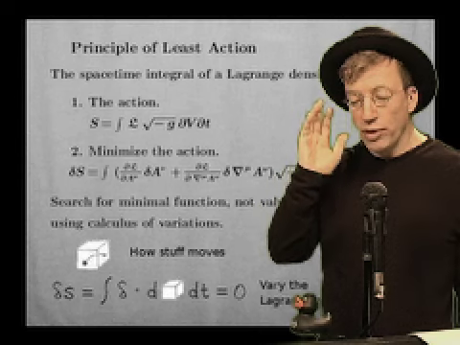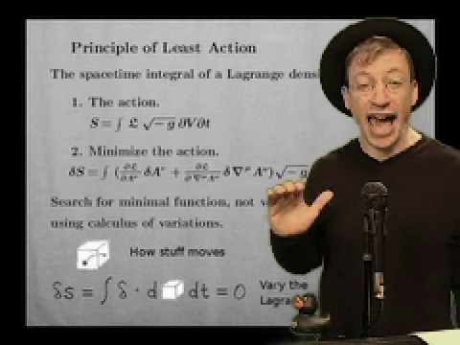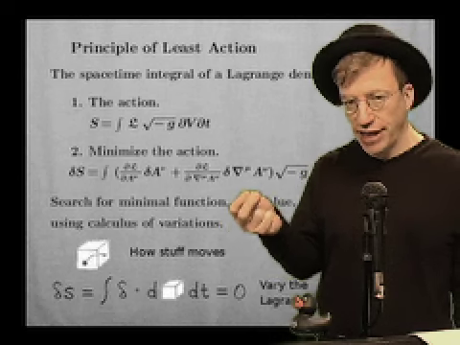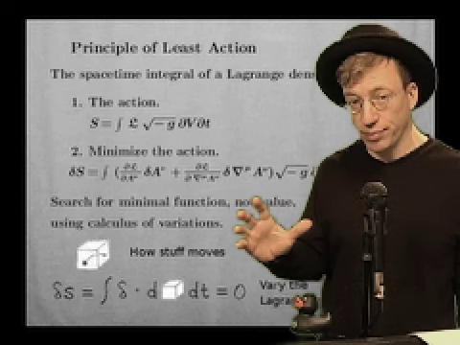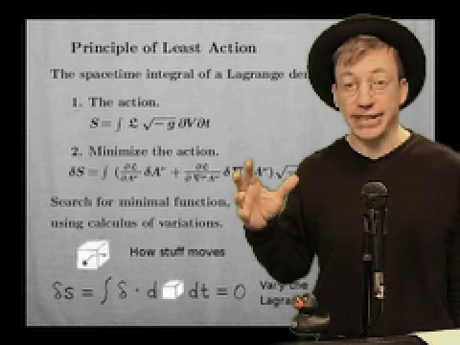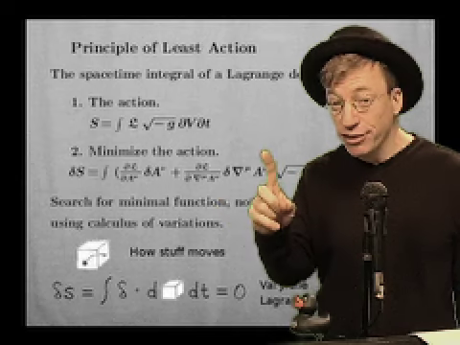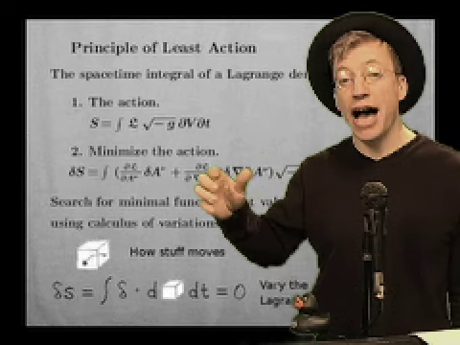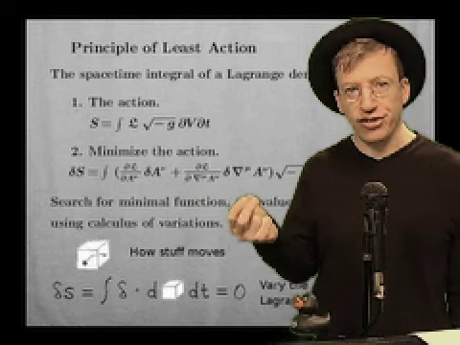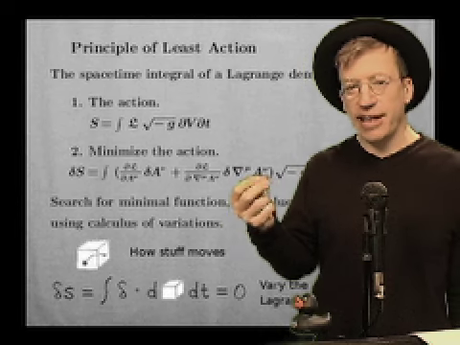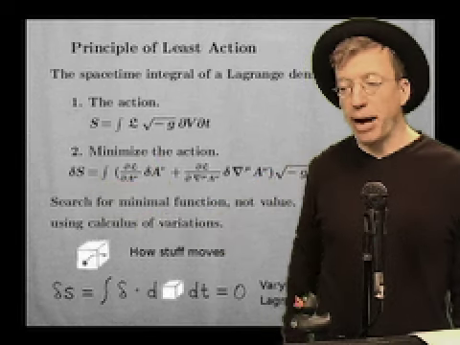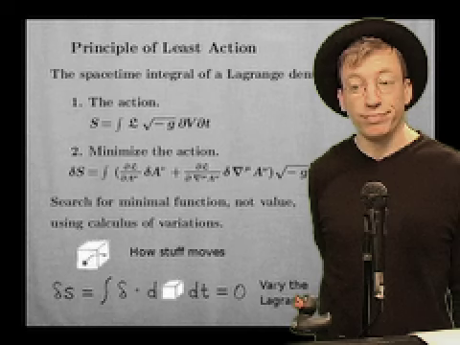So what we do is we start with what's called the action. And the action is we take that Lagrange density, which is everything that can happen per unit volume, and we integrate that, add up everything that can happen inside a volume, and also over time. See, if we just integrate it over volume, we just get back all the energy that's there. But now we're saying this is all of the energy that's there over a period of time. And as you might imagine, well, that number could grow.